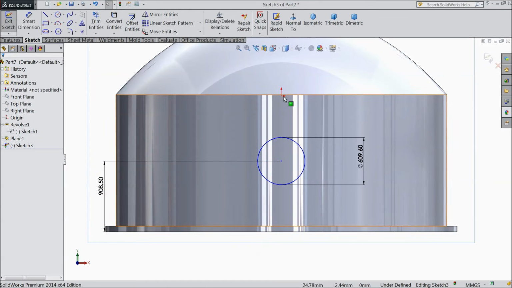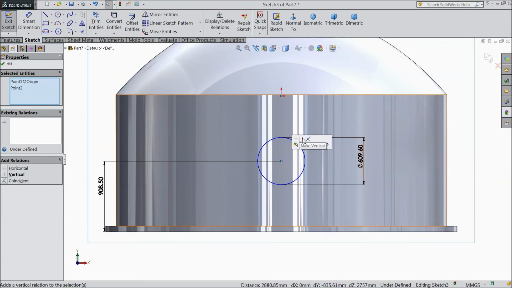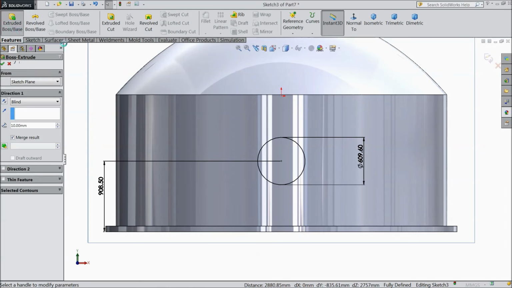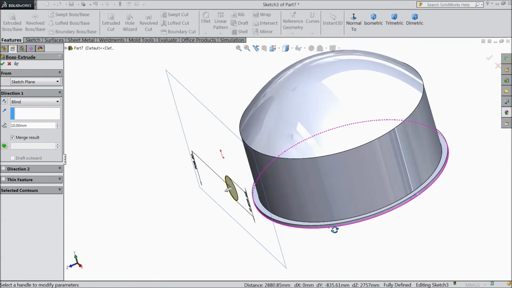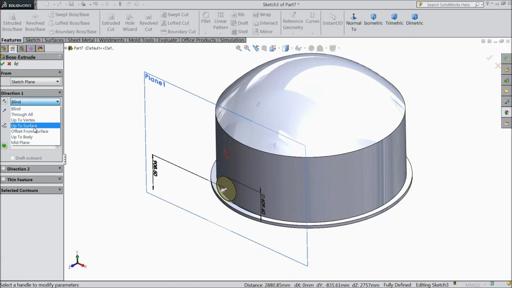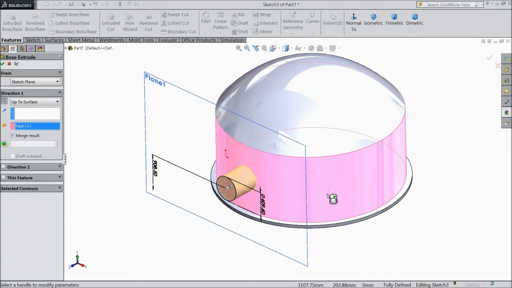Okay, and make sure the origin point and the center point of hole is in vertical line. Okay, now select extruded boss and choose here up to surface and select this surface. Okay,